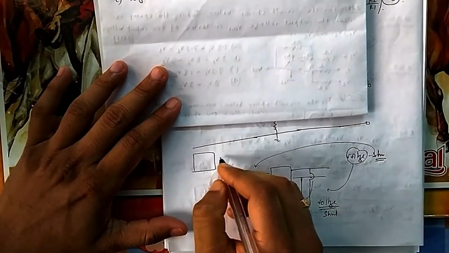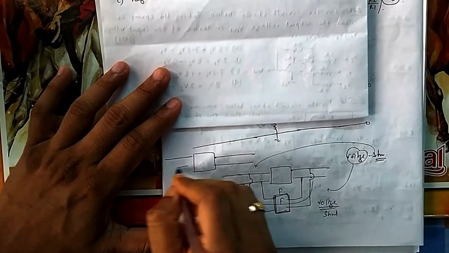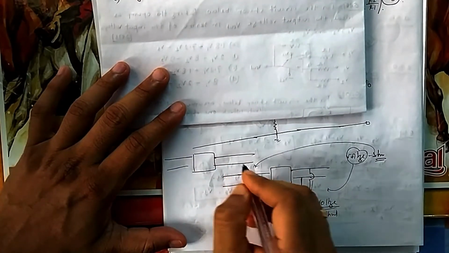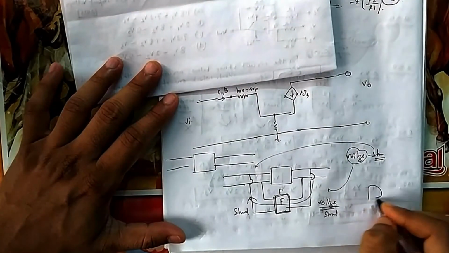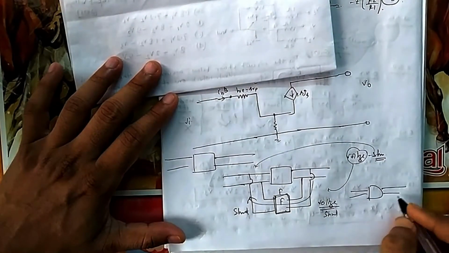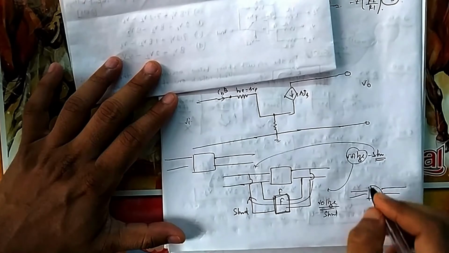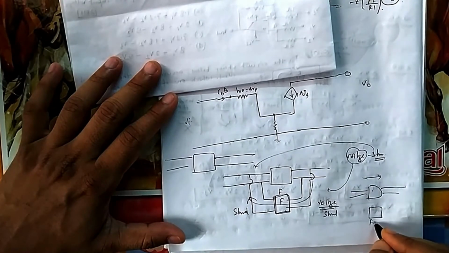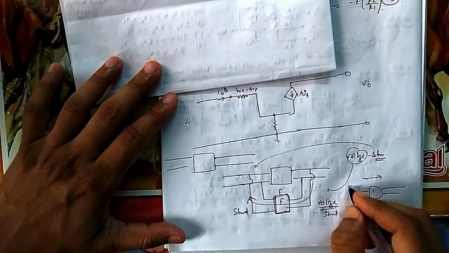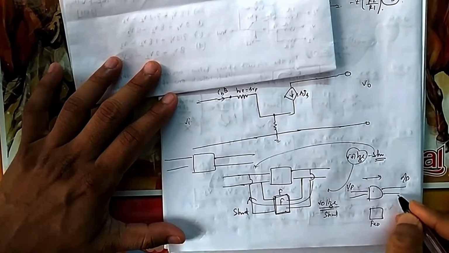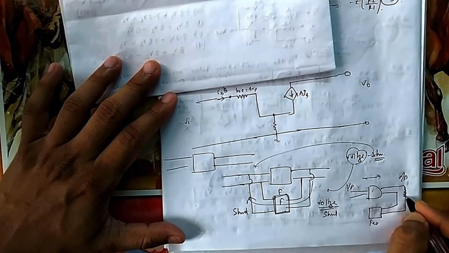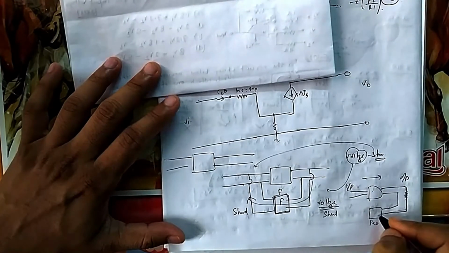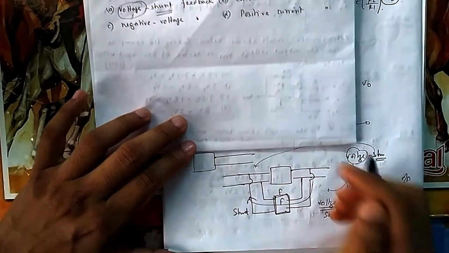Next, you see what current series is. Current series means you take current from the output directly. Suppose this is my output. This is my feedback, through which I am giving feedback. This is my input side, this is my output side. So in current series you take the output current, with the load and the feedback connected in series. So you are taking the output current and giving it in series.